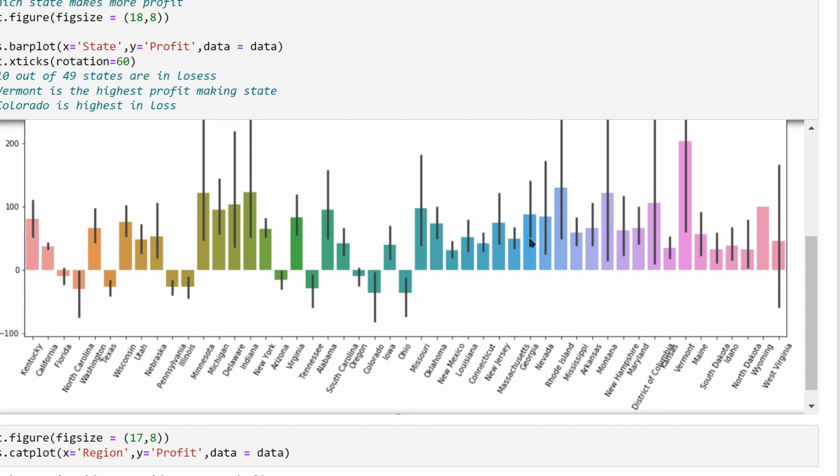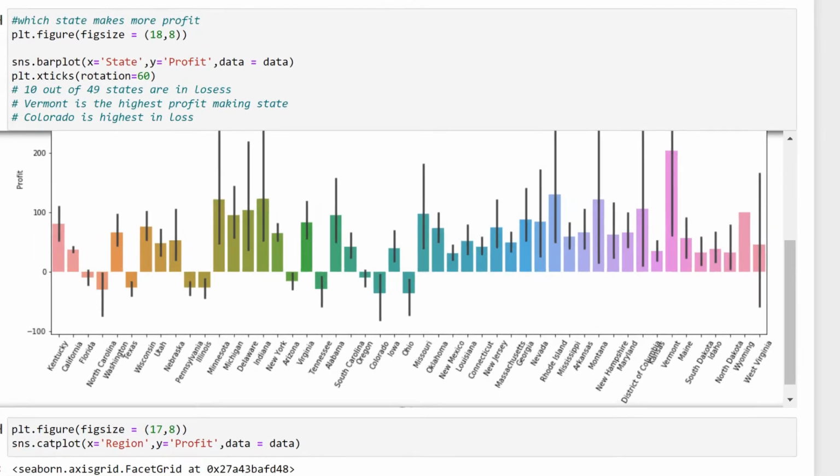Colorado is in loss, the highest loss they can give to the company. If you see, the majority of the states are giving us profit; only 10 out of 49 states are in losses. The rest of them are doing good. Moving further,